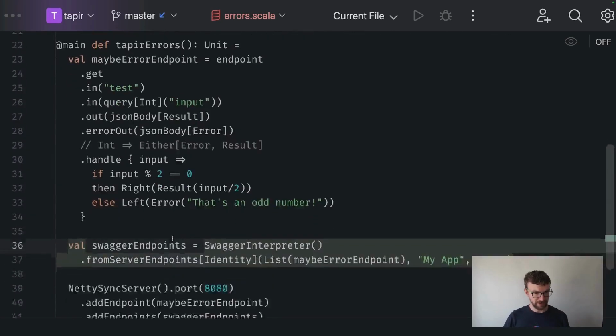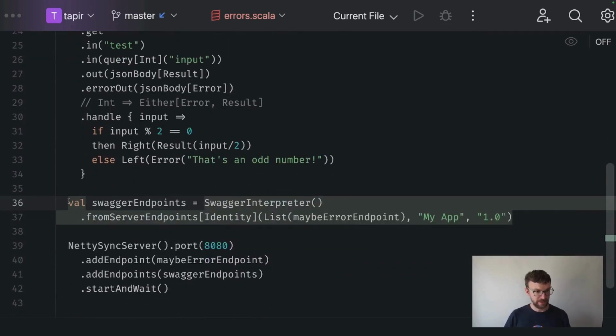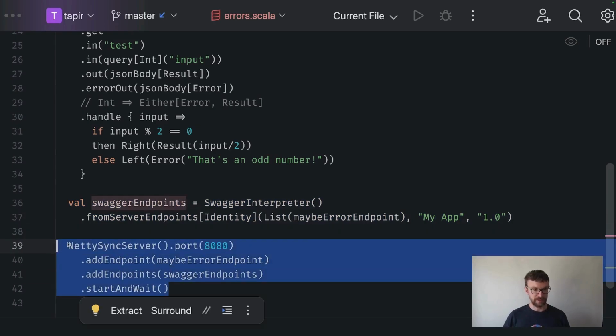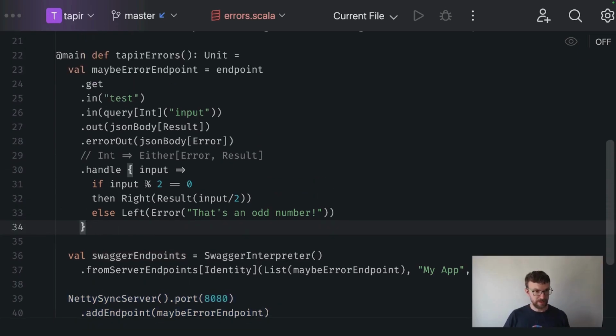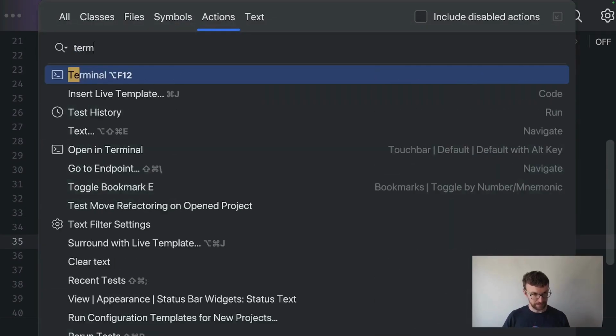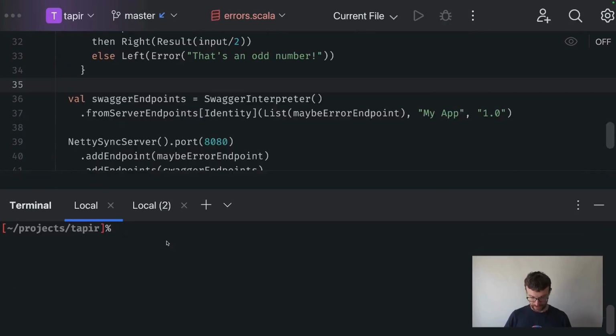So what I have here is the standard generation of Swagger endpoints, so OpenAPI documentation, and we are also starting the Netty synchronous server the same way as always. So I think we can start testing. So let's open the terminal. Let's actually try compiling this,